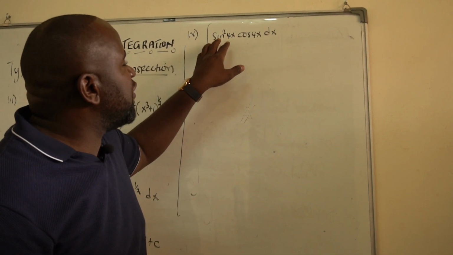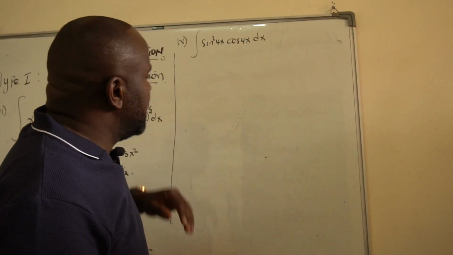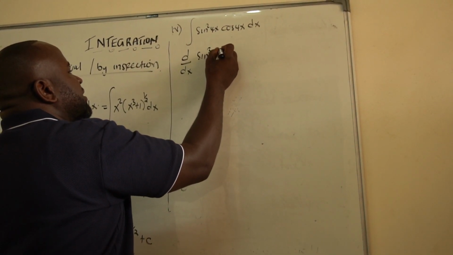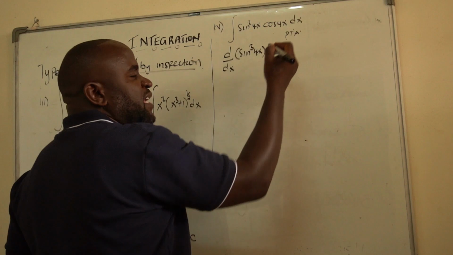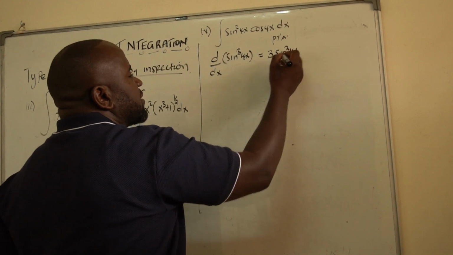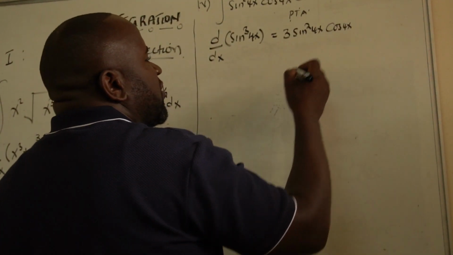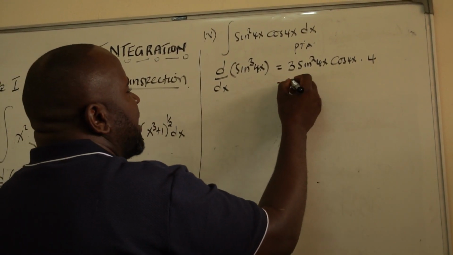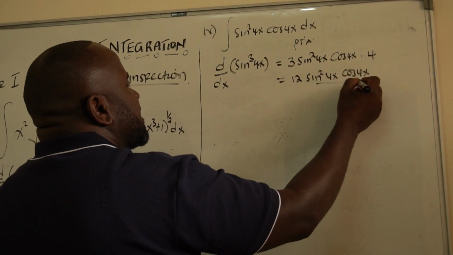So inspect the derivative by increasing the power of the highest degree of the two terms. So I will inspect the derivative of sine cubed of 4x, and this will give me, using PTA, which is power, trig function, and the angle, I'll differentiate the power and realize 3 sine squared of 4x. Differentiate the trig function, I get cos of the same angle. Then lastly, differentiate the angle, and I'll get a 4. This will give 12 sine squared of 4x cos of 4x, which is exactly similar to what